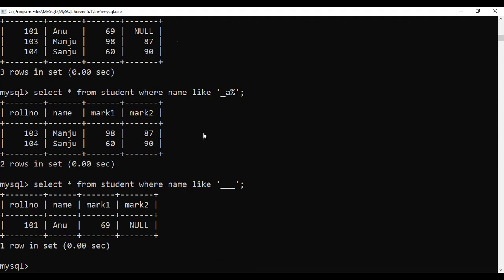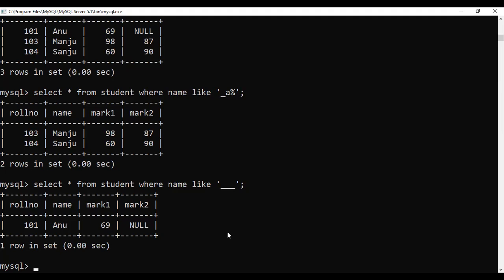This is how pattern matching is done. The pattern matching operator is LIKE, and it has 2 wildcard symbols, that is percentage and underscore. Percentage will be denoting many characters, underscore will be denoting a single character, and this difference between percentage and underscore has also been asked in the previous papers.